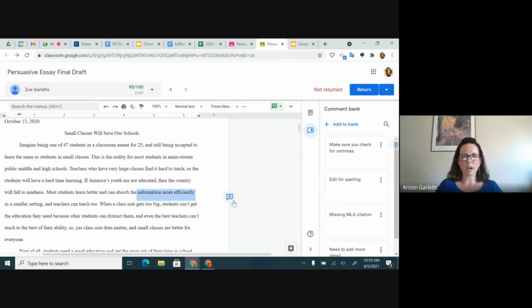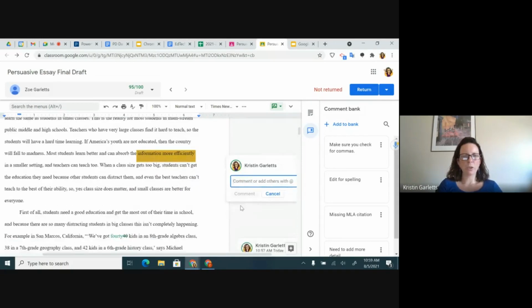when I go to my comment, how you search for a comment is with the hashtag. So I'm going to do hashtag, and then it's going to pull up my most recently used ones. But I can also search by letter or keyword. And then all I have to do is click the comment from the list and click comment. So this comment bank can save you a lot of time if you end up saying the same thing over and over again to every single student,